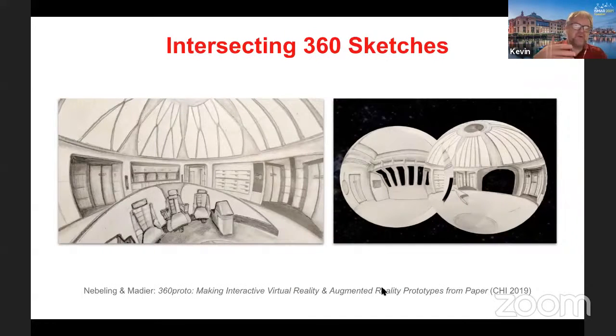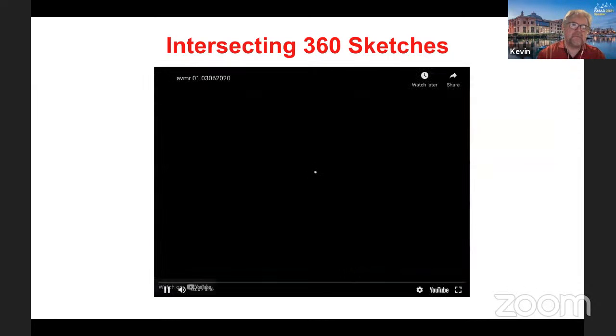before. And what you can also do is combine multiple 360 sketches together, so that when you get to a certain point in one 360 sketch bubble, you can load another one, and that lets you create spaces that you can move through. So this is a sketch, for example, of a spaceship, maybe from Star Trek. And then he's created two separate photo bubbles showing other rooms that are coming off this main room here. And so then you can load that into a